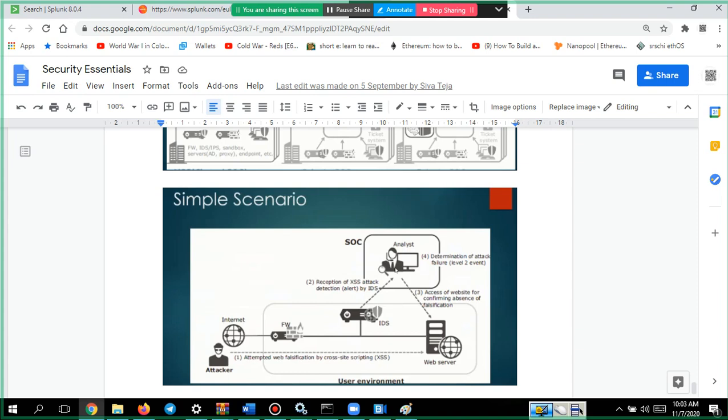As soon as that alert comes, the SOC analyst has to determine whether the attack is really in progress or not. If it is, how do you investigate? You take the IDS logs and look at the IP addresses and the signature in the IDS to see what kind of attack it is.